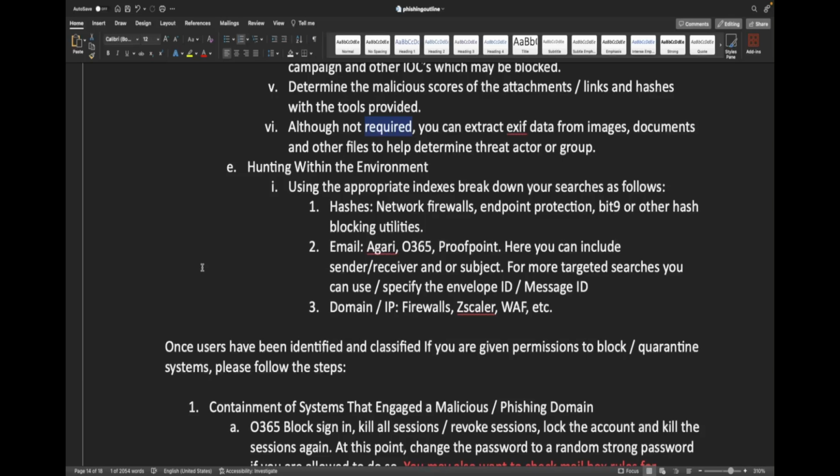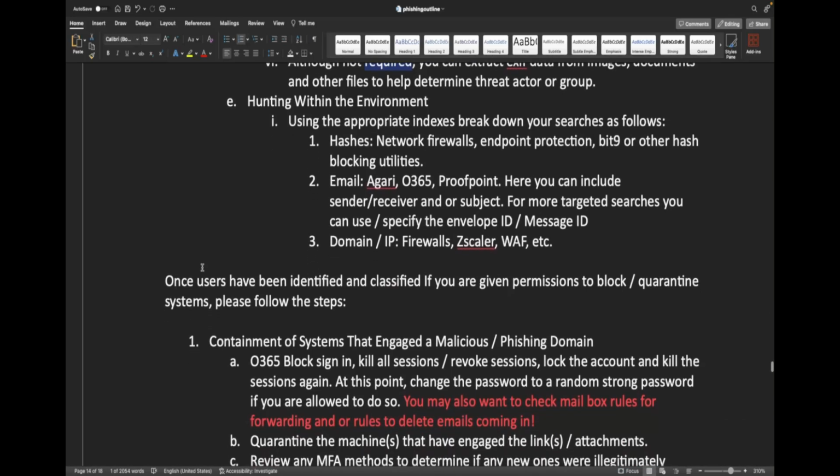For email, you're going to be looking at Agari, O365, Proofpoint, or whatever other email providers or services you use. You could basically use any of the fields you pull from the header, more specifically the envelope ID or the message ID, the recipient, the sender, all that stuff, even the subject. And then finally, any of the domains or IP addresses you could block on your firewalls, Zscaler, WAF,